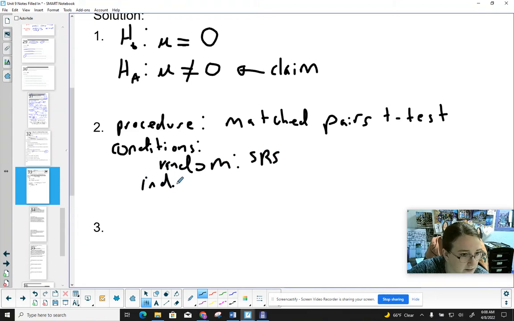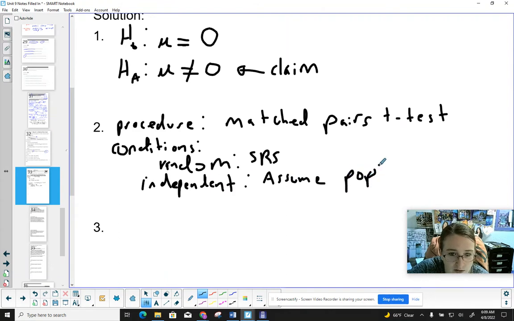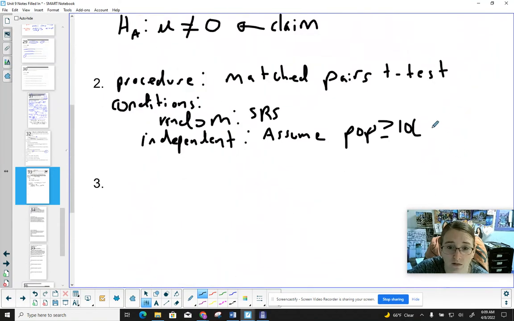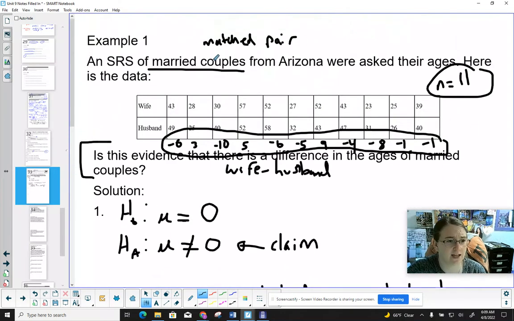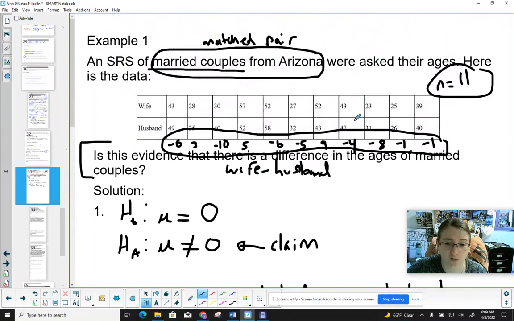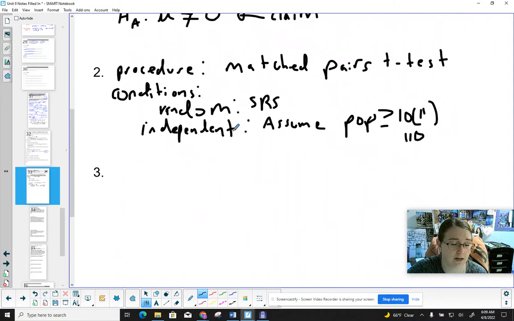Let's see, independent. Again, apologizing for my mouse handwriting. We are going to assume the population is greater than or equal to 10 times 11, 110, right? Yeah, because there are more than 110 married couples in Arizona, right? This is our population. There's more than 110 married couples in Arizona. And then again, the normality,